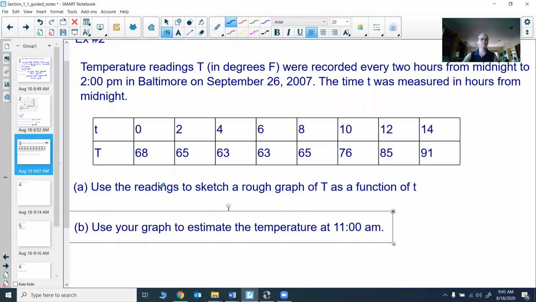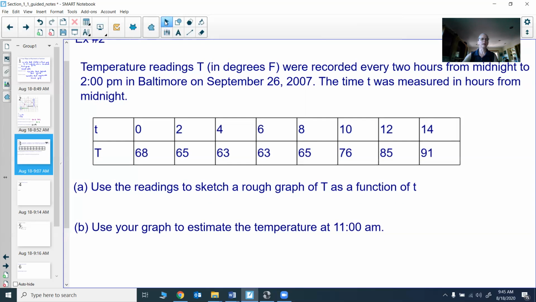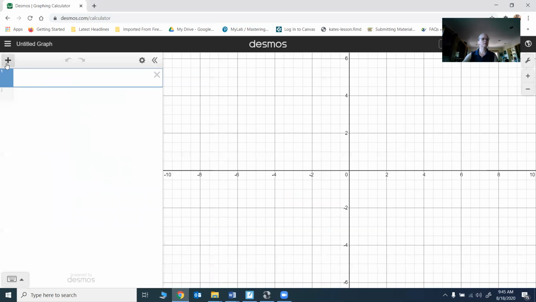So what I'd like to do is use the readings to sketch a rough graph of this. We're going to use Desmos to do this. You can do it by hand, but your graph won't be very good. So here's Desmos, and in Desmos I'm going to go ahead and make a table. My table values, if I look at those values again,